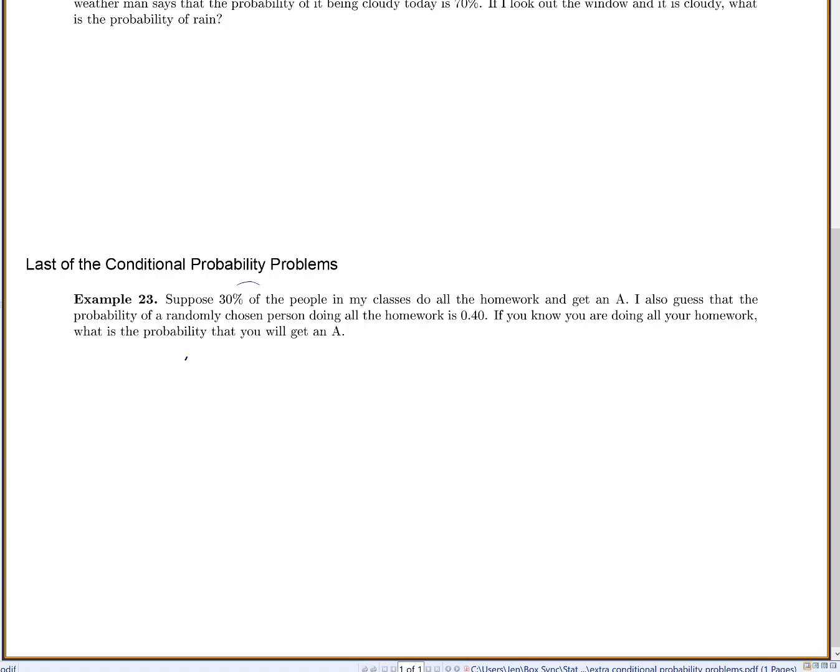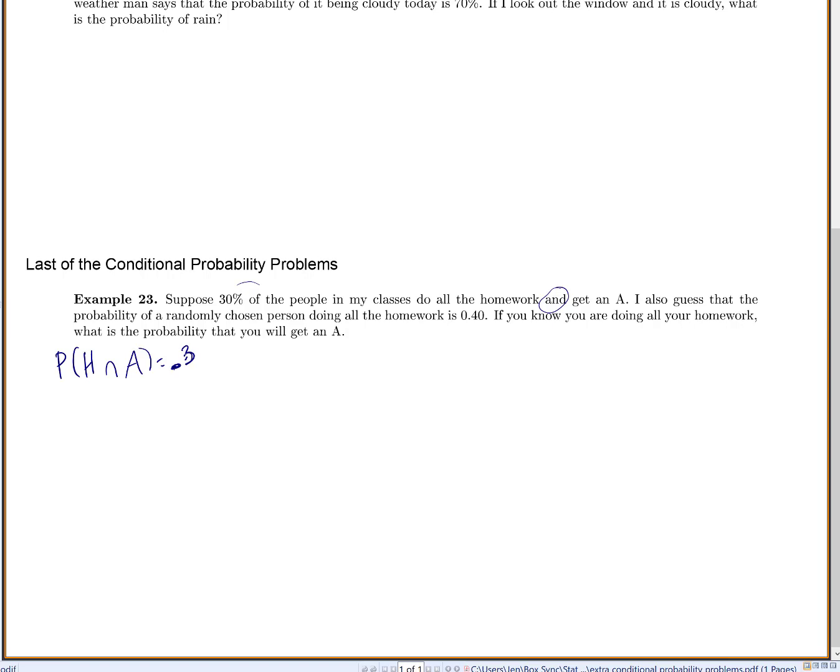In this video, we're going to go over the last of the conditional probability problems. As I read through these problems, I like to write down what they're giving me. So suppose 30% of people in my classes do all the homework and get an A. This is an AND statement. So the probability of people doing all the homework and, which we write as an intersection, getting an A equals 0.3. So of all the people in the class, about 30% of them do the homework